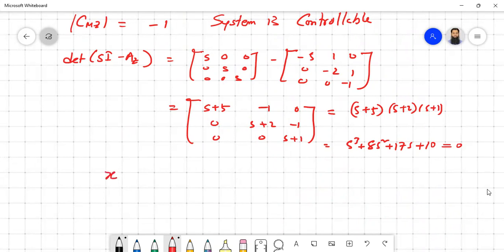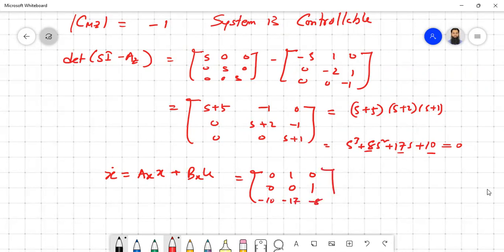X dot equal to Ax x plus Bx u, which will be simply, we know that 0 1 0, because x1 dot is equal to x2, based on that 1 0 0 1, and then the characteristic equation in the reverse order with a negative sign, of course, minus 10 minus 17 minus 8. And this is your x plus your controllability matrix is always 0 0 1 in case of phase variable. So u,